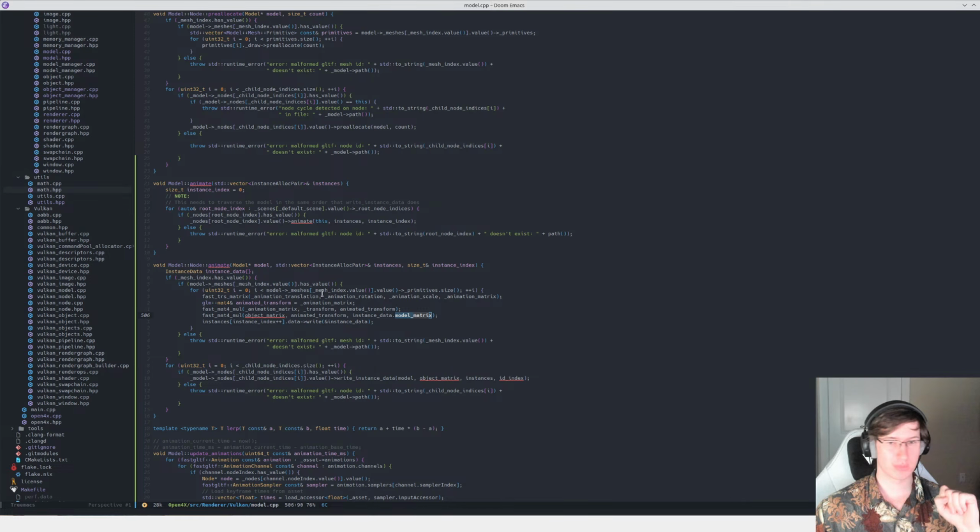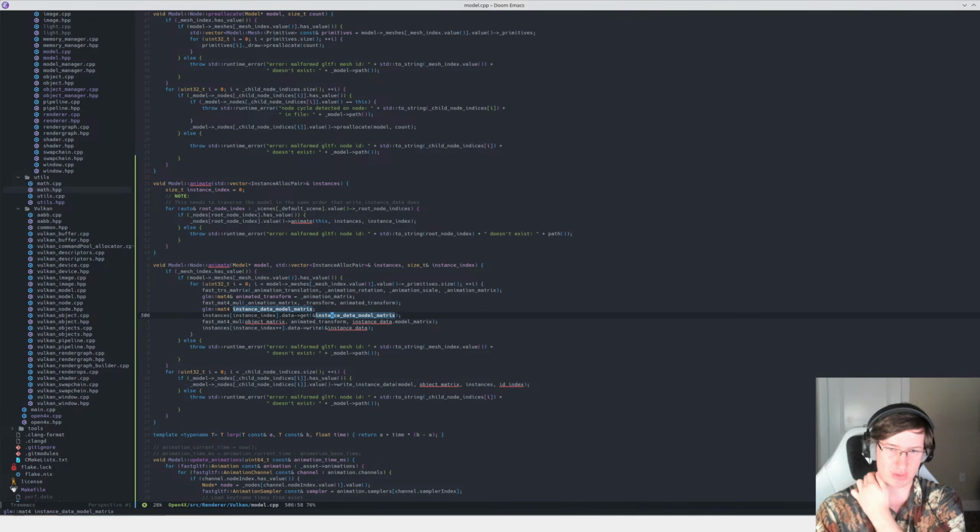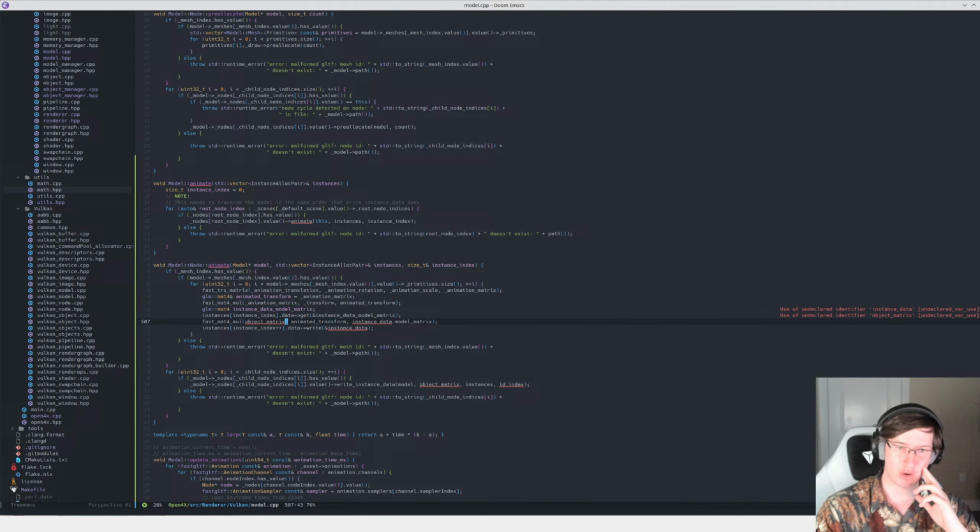So I want to say mat4 instance data model matrix. That's fine. And store this here. Get rid of that. Okay. So instance data model matrix, I want to get it. And then I want to multiply